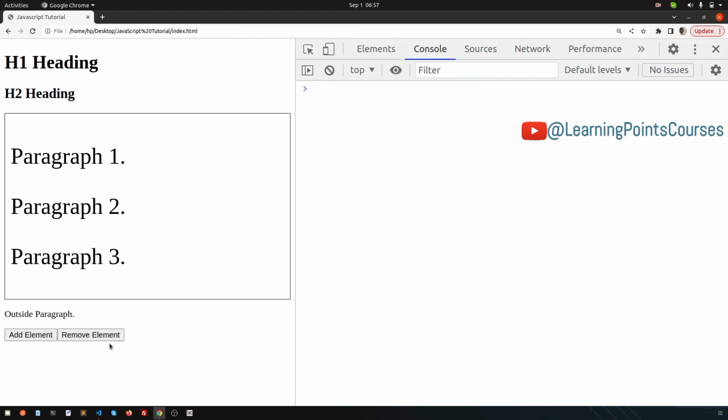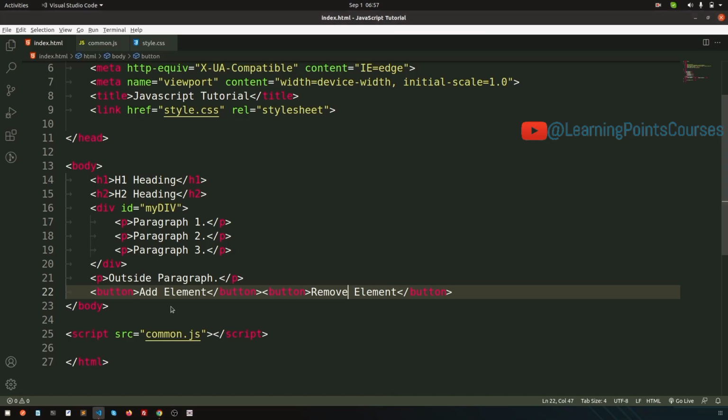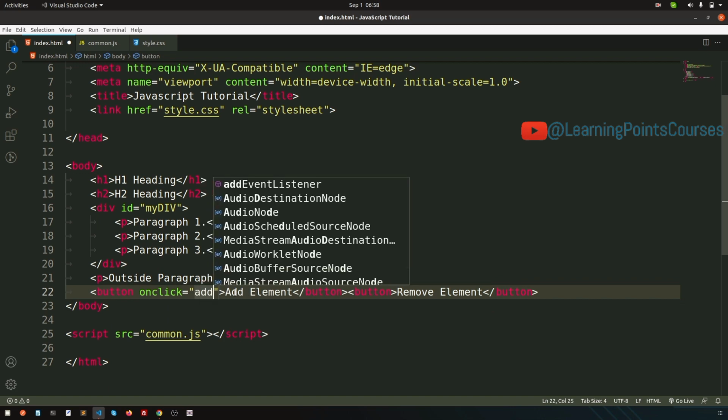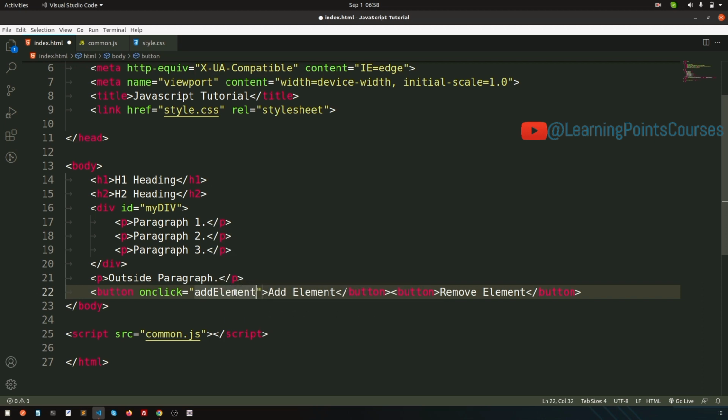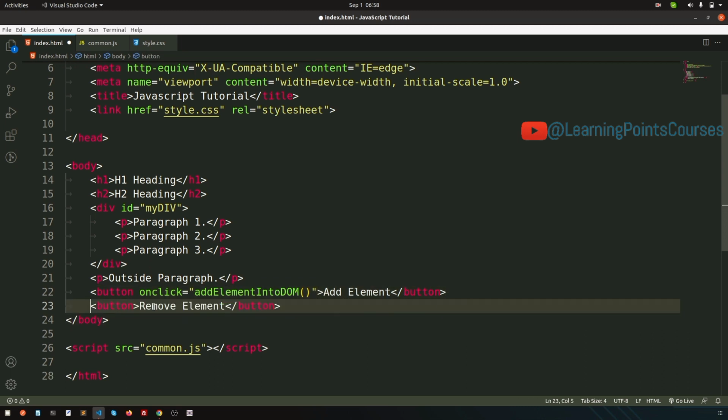Now I want to create some event, that is, I want to create an onclick event. So when you click on this particular button, it will do the respective work. So when we click on this add element, we are going to add something, suppose I write add element into DOM. And if I click on remove element, then we will create a different function, that is, remove element from the DOM. Okay, so to add these, and here you can see the src common.js, meaning common.js is included in my application. So simply just call this